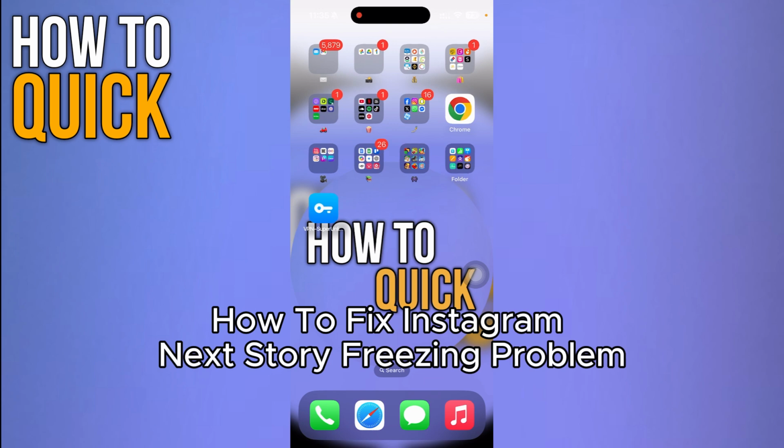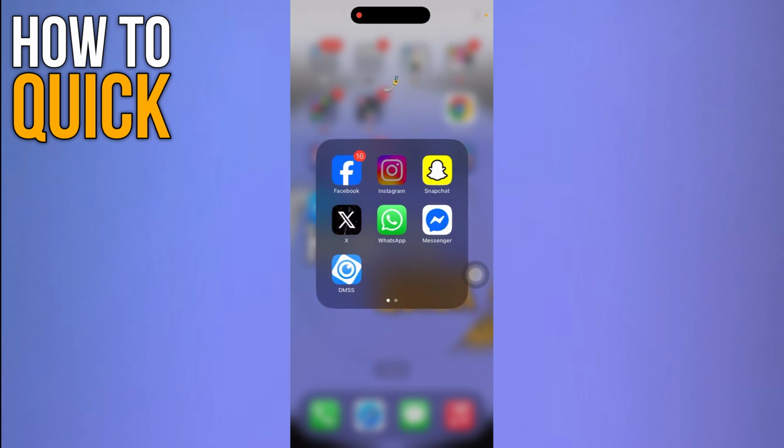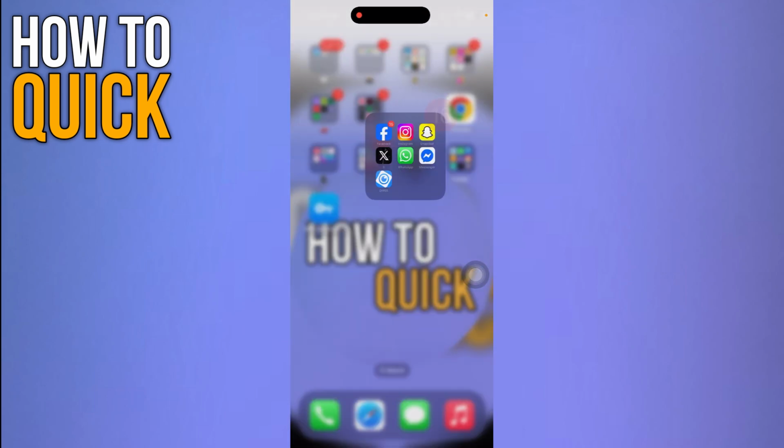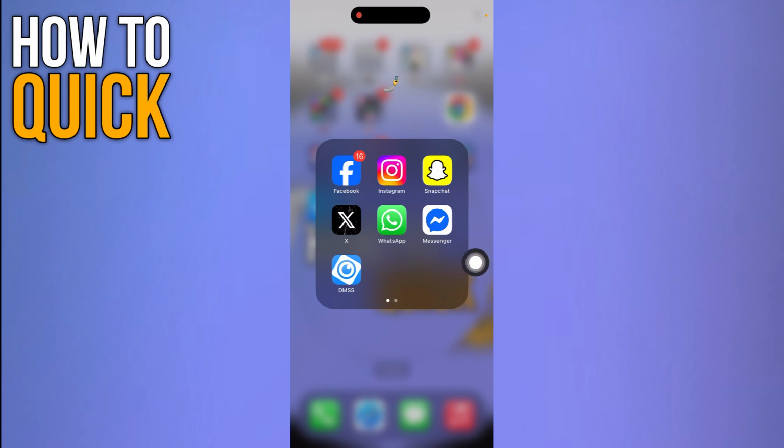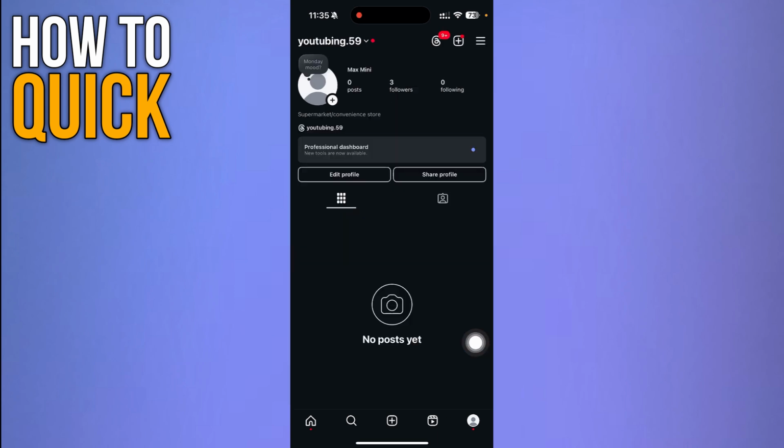How to fix Instagram next story freezing problem. Hi guys, in this video I'm going to show you step by step how you can fix the next story freezing problem on Instagram. So let's dive in. First, you have to open your Instagram app and then click your profile icon on the